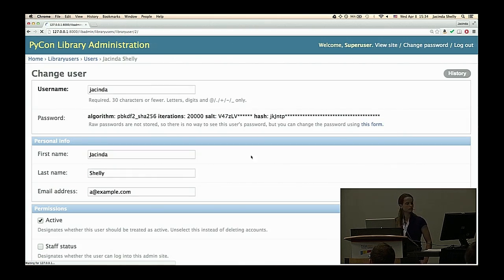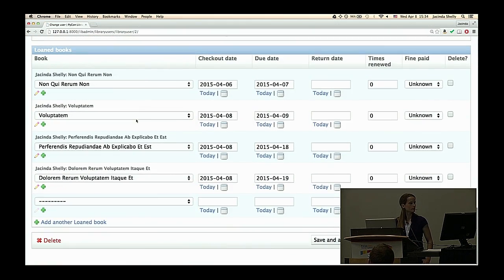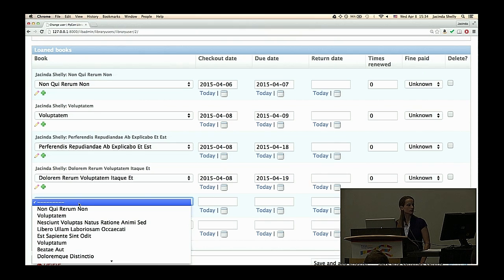Next time I'm using Apache. Go down and we see that this user has 4 books currently on loan, when they were checked out, when they're due, when they were returned, how many times they've been renewed, whether or not they've paid any fines. And here we can inline add another loaned book just by filling out these fields